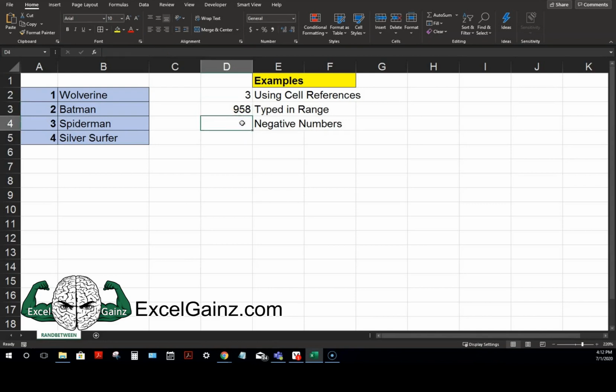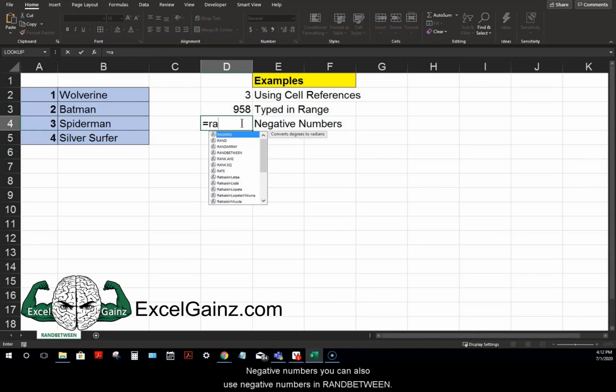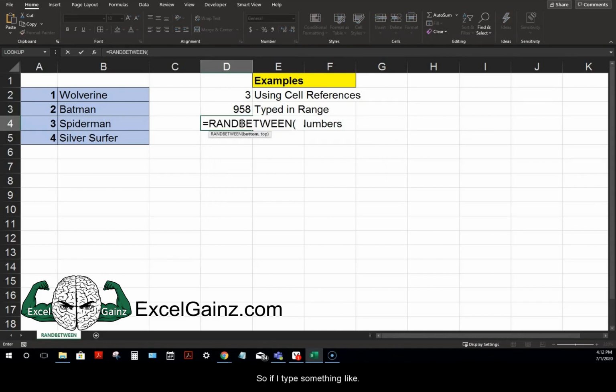Third example, negative numbers. You can also use negative numbers in RANDBETWEEN. So if I type something like negative 5,050,